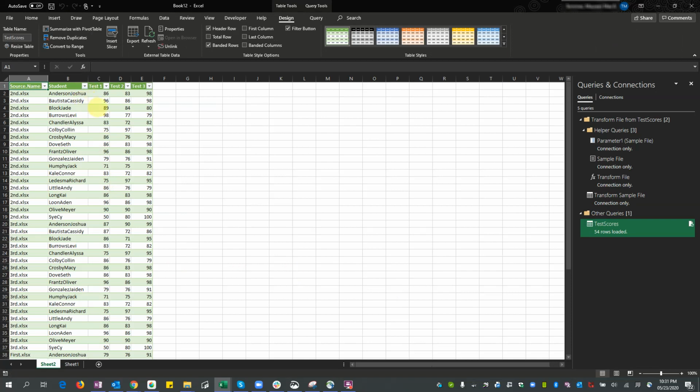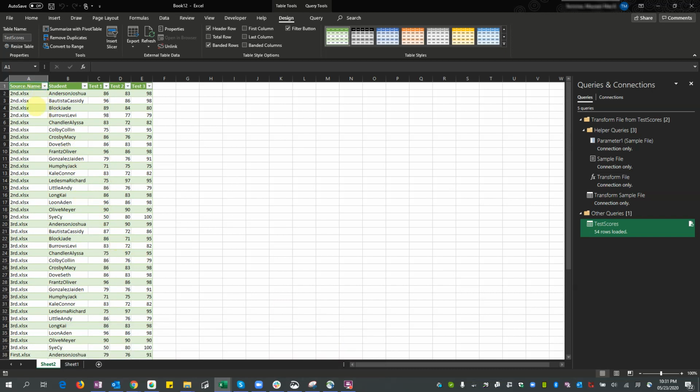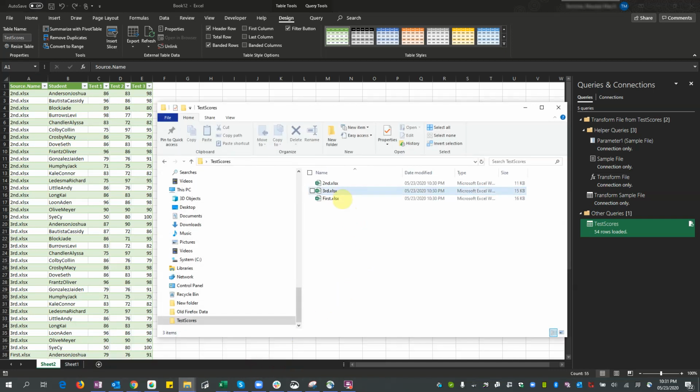Okay, so it's already loaded. So we have the source. This is where the data came from, the source name, meaning it's the workbook name. What's good here is that if we add another